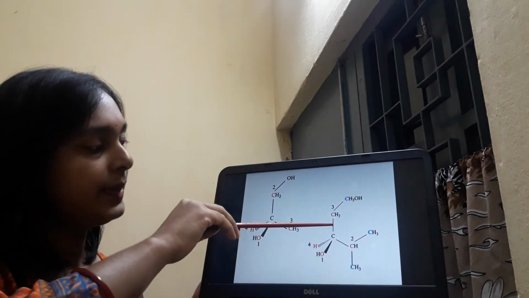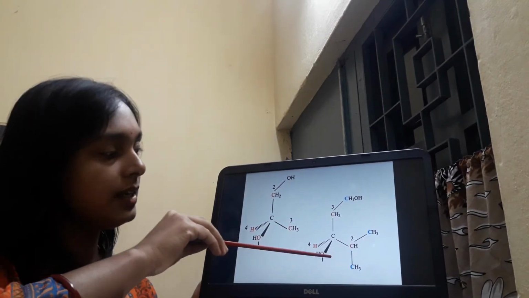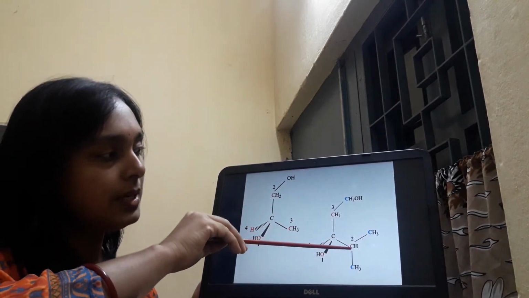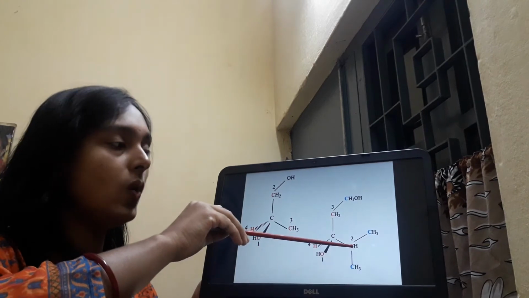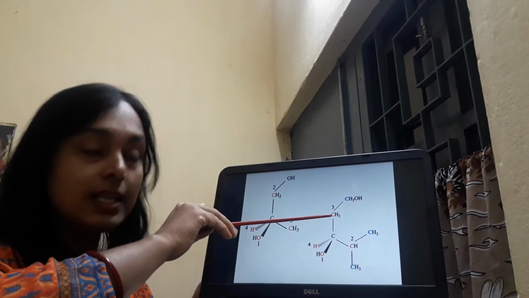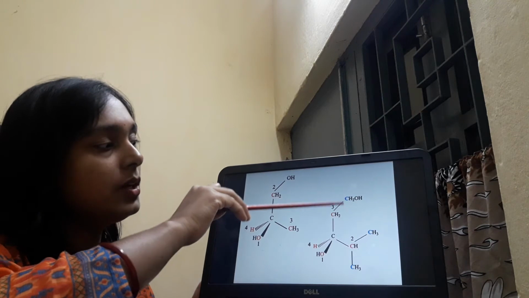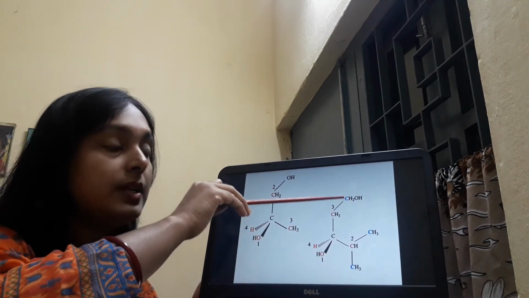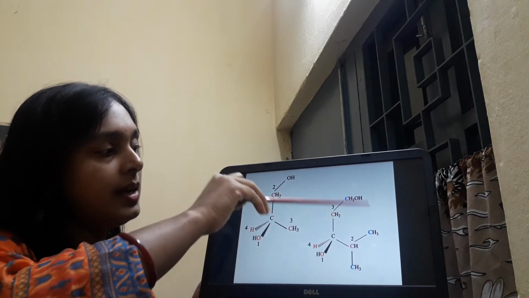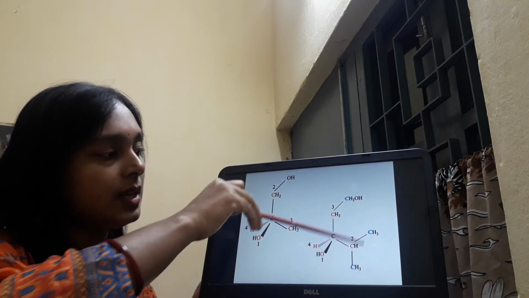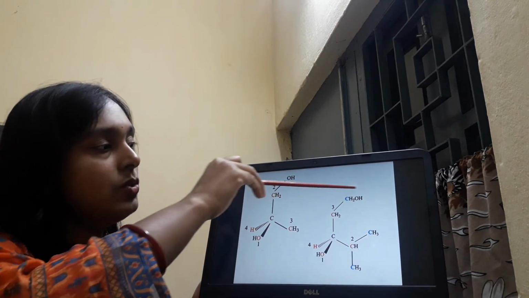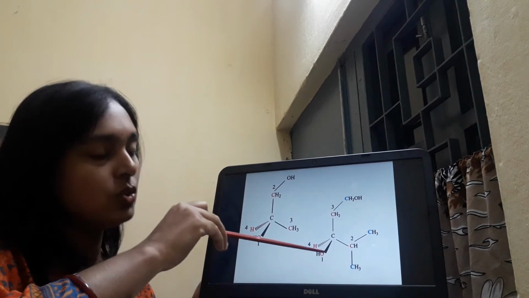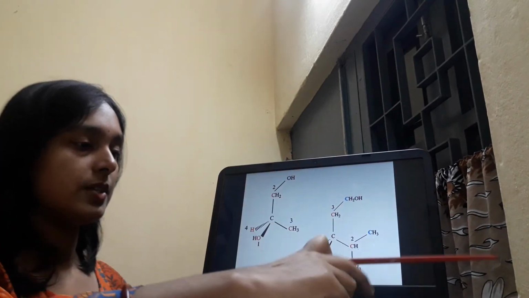For this example, again fourth will be hydrogen, first will be OH obviously, and between these two, this carbon is linked with 2 carbons, 1 hydrogen, and this carbon is directly linked with 1 carbon, 2 hydrogens. So 2 carbon, 1 hydrogen versus 1 carbon, 2 hydrogen. The second priority will be over here because of these 2 carbons. Third priority will be given over here because of this 1 carbon. First obviously OH, fourth is hydrogen.